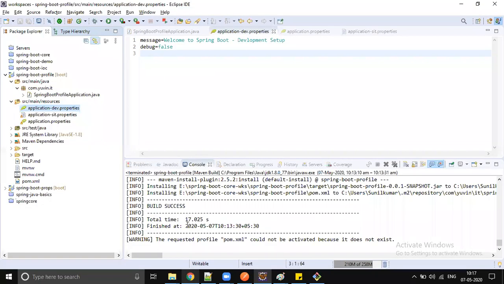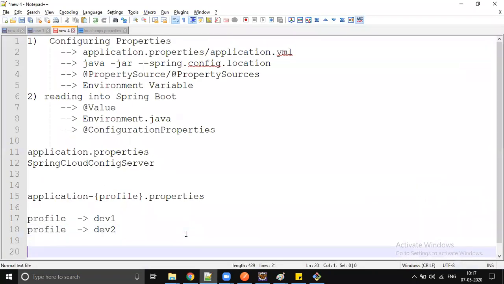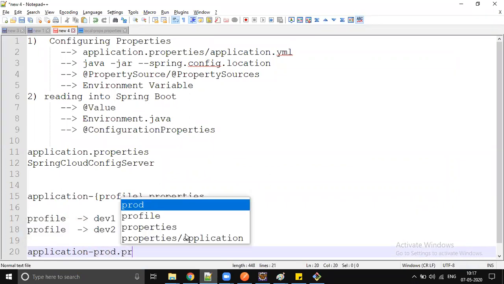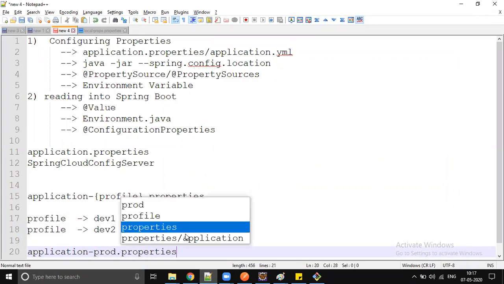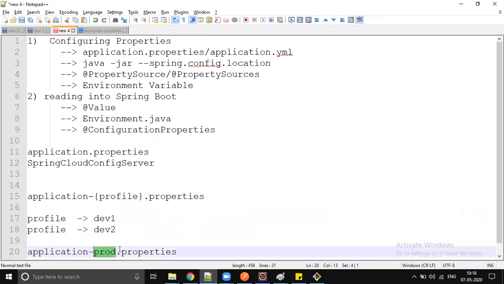So you will have one more properties file called application-prod.properties, where you define all your production configuration. That won't be in your project, right? So that is going to be passed dynamically at runtime.